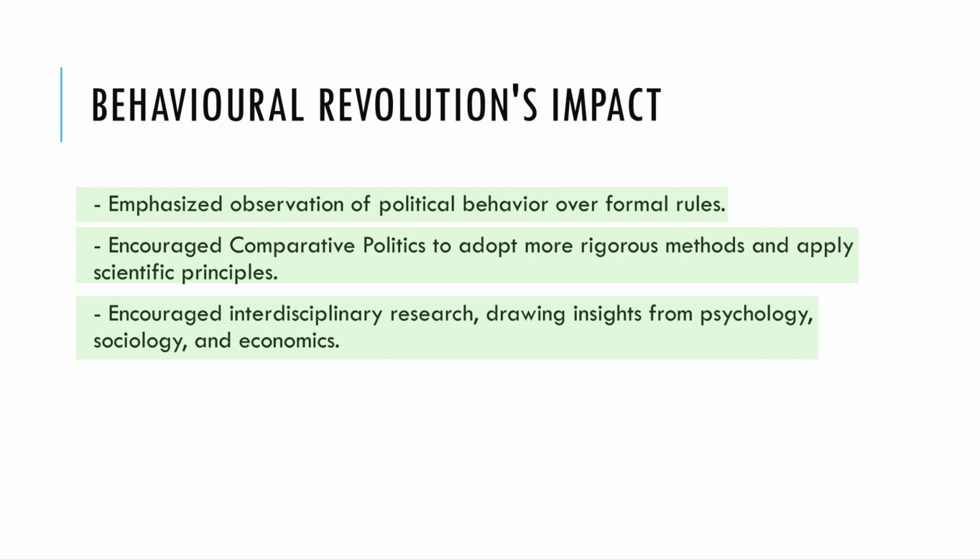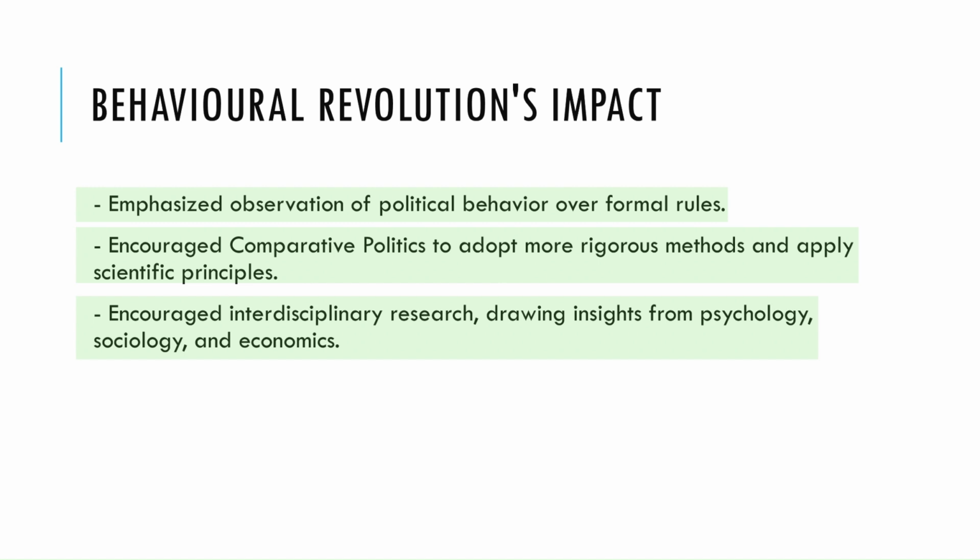In 1957, when Kerala elected the world's first communist government through democratic means, scholars didn't just study the constitution. They went to villages to observe real lives, real struggles. And they discovered that people weren't discussing Marx's Das Kapital. They were talking about rice prices. Because politics, at its core, is not just about theory, it's about roti, kapada aur makan, that means food, clothing, and shelter. Now, let's move to the next slide to explore the new frameworks that emerged from this revolution, the